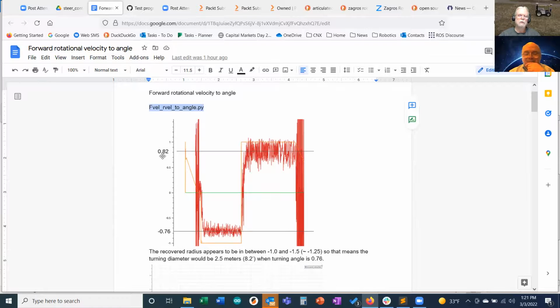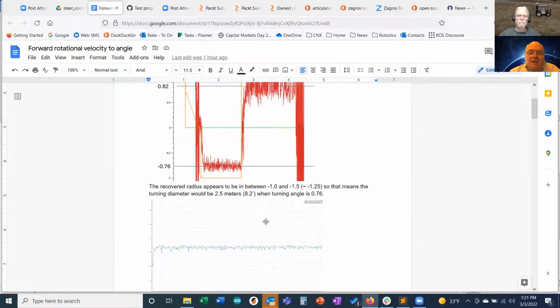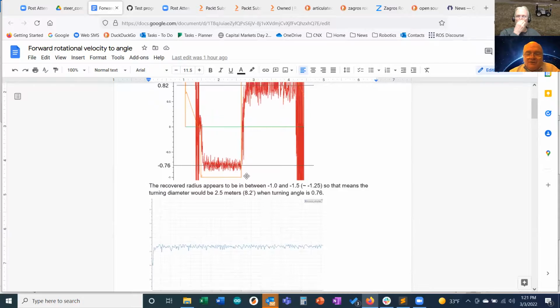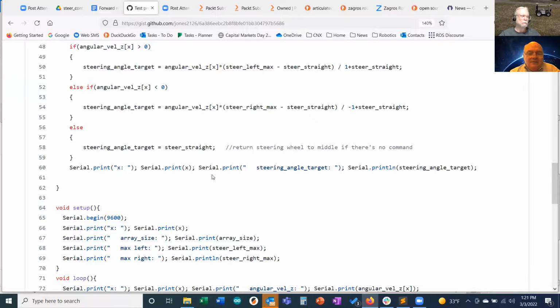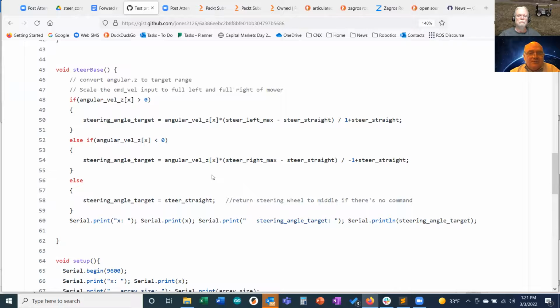The angle. I think they just call it steer angle. Steer angle. And so I wanted to make sure I understood how that was working. And before I put it in the low-level controller, I just wrote this test program that's out there just to,